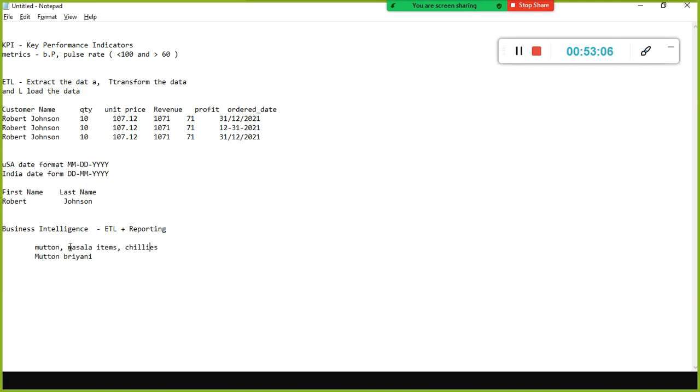So you need to cut everything, clean it, and then mix the masala items in the proper ratio, and then you prepare biryani by putting in rice and everything. Finally, you will get mutton biryani. This is the processed data, and that was the raw data. You are doing some kind of processing, which is called ETL, and once the data is processed, it is ready to be used by the other guy.